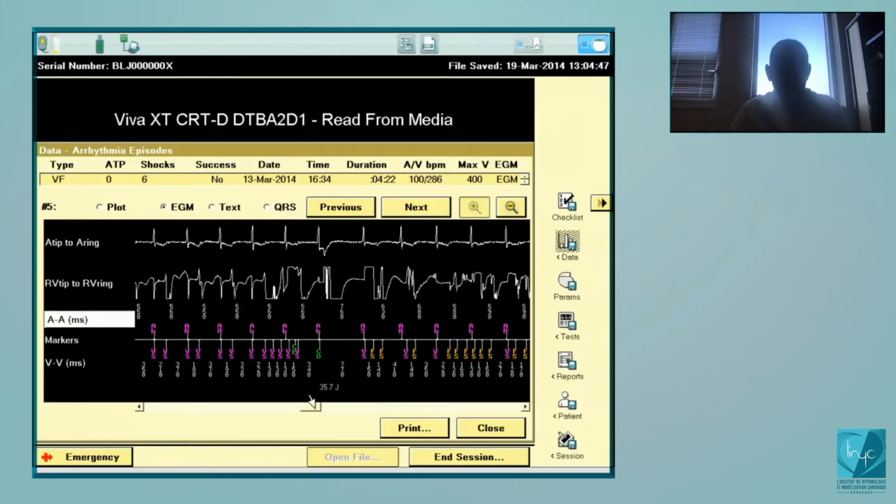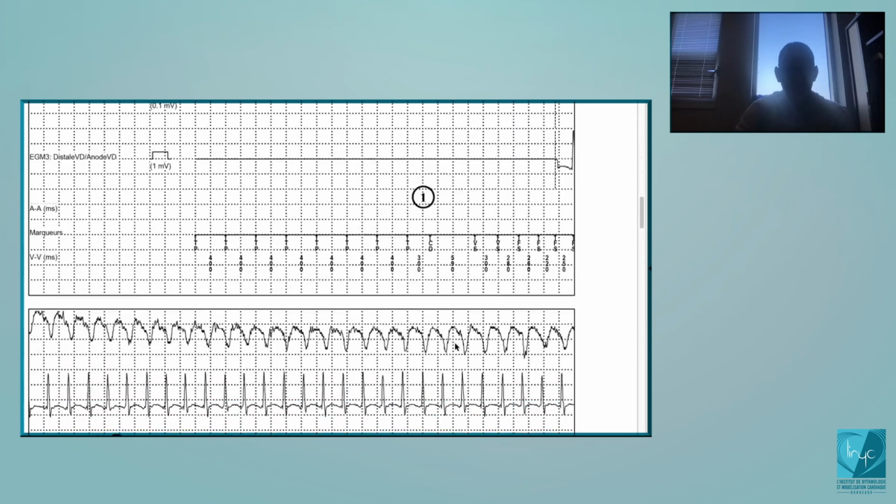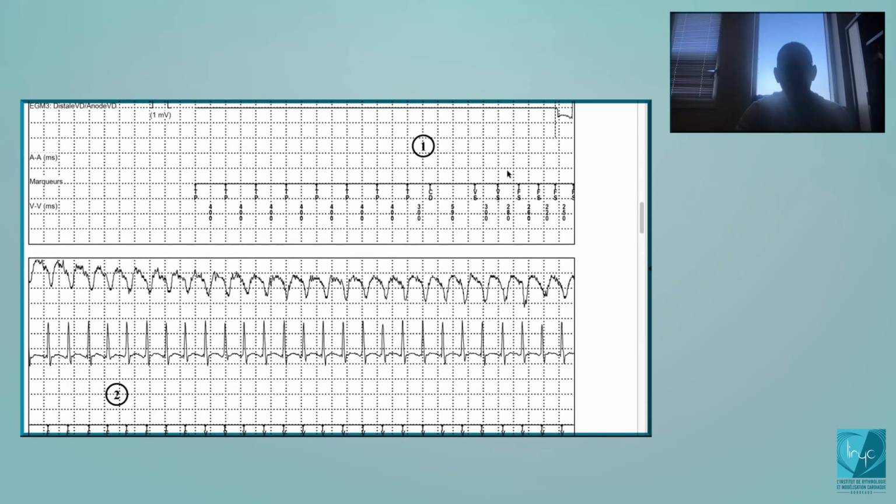Okay, so that's an induction here, at the end of implantation. What happens? Then we have an acceleration that is organized in the VF zone, and then the shock probably just terminates the lead. Yeah, you see, this looks like a physiological arrhythmia, possible, and this looks like a lead dysfunction. Okay, so if I show you the tracing, you see here induction,